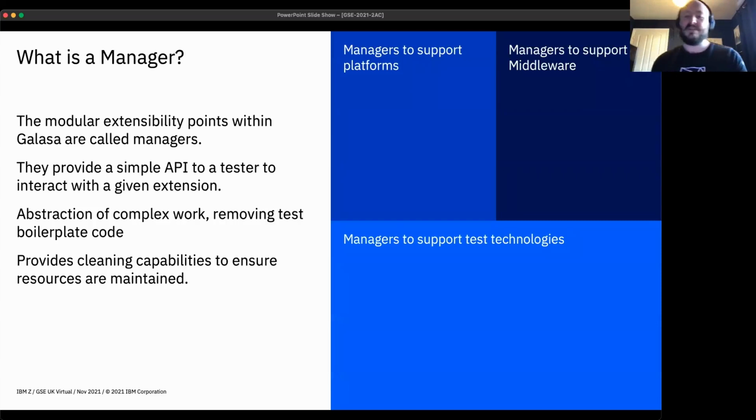And how do we do this? It goes back to that point I was on about earlier, that extensibility point, which we call a manager. From the Galasa team ourselves, we do provide a huge set of managers already. We have managers that support different platforms, so z/OS and some cloud managers. We have managers that support different middleware like CICS. And we also have managers that support different bits of test technologies like Selenium, Docker even, and JMeter. It provides that API and that annotation for the tester to interact with. The whole reason that we designed it like this is for the abstraction of complex work and removing the test boilerplate code,